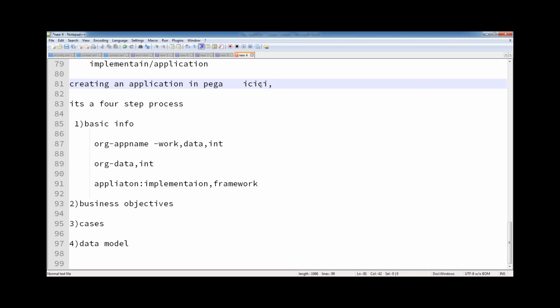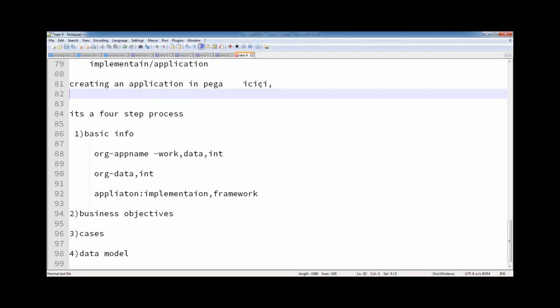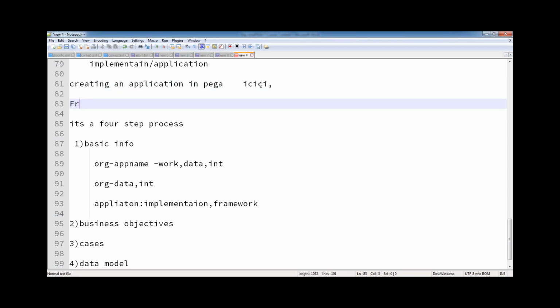Customer is customer. If I am an ICICI customer, that means I can go for a home loan, a car loan, or some other loan. If I go for any loan, my information is common with respect to the customer, ICICI. So I need not maintain the same customer information in the three applications. That is duplication; you are unnecessarily duplicating the data. Here the suggestion is to create a framework application for loans.